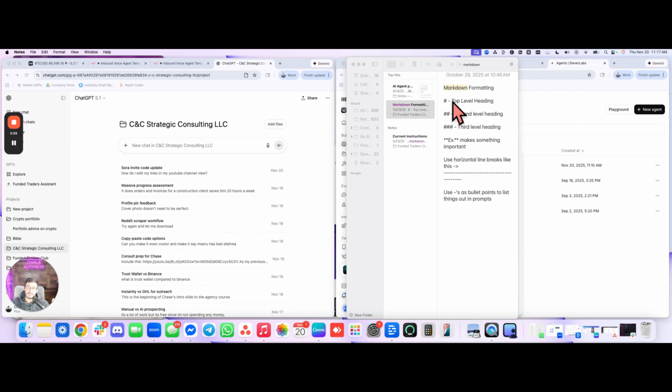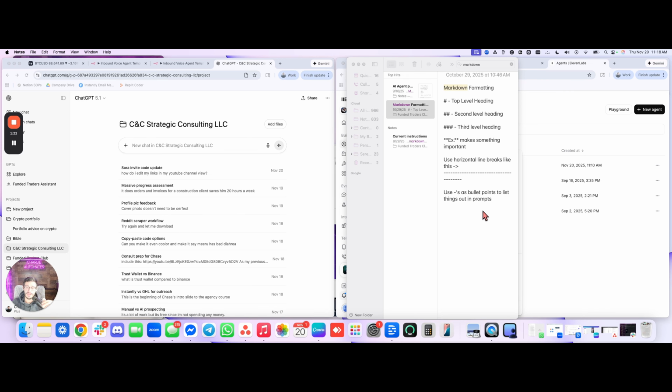So top level heading, second level heading, third level heading, bolding makes something more important. I like to emphasize things too. So something that is all capital, and maybe I'm emphasizing something like, make sure you effing do this or whatever. You don't have to use the curse word, but something like that allows the bot to recognize that this